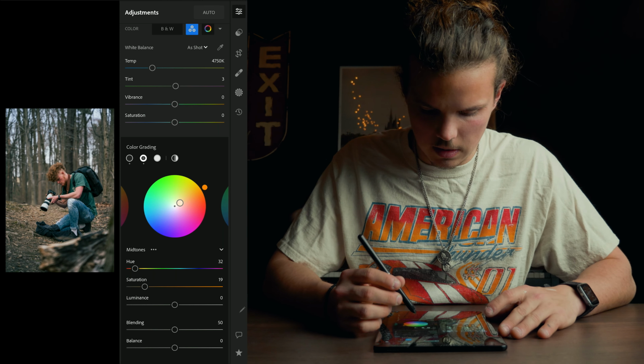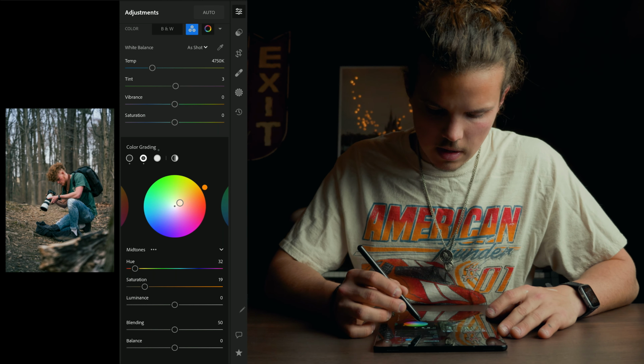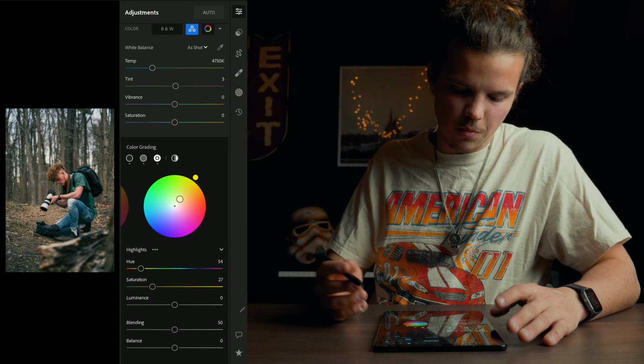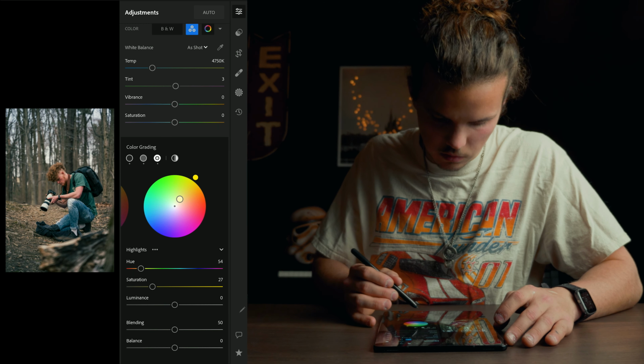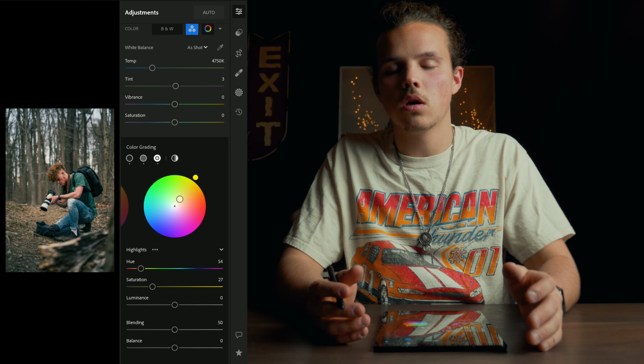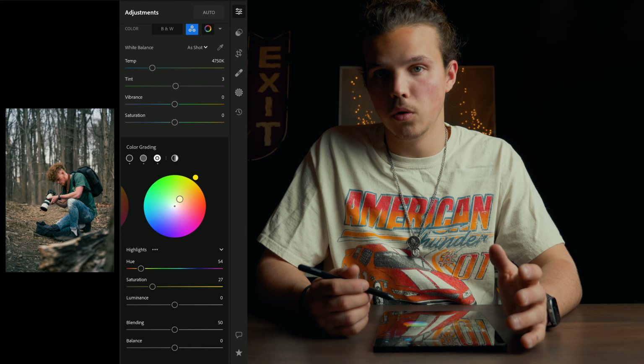I really like that right there. So we're going to move on to the highlights tab. I will usually do a yellow, somewhere in between a yellow and an orange, I think looks really nice. If you want it to be more of a colder picture, I would maybe set this to blue and then just bring your